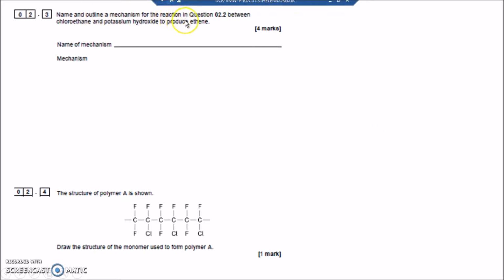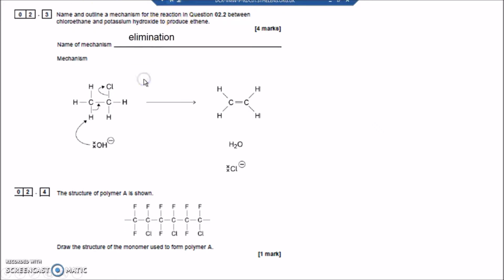Name and outline a mechanism for the reaction. Well, we've done that already. We've decided it's elimination and we've talked this one through. The structure of polymer A is shown below. Draw a structure of the monomer used